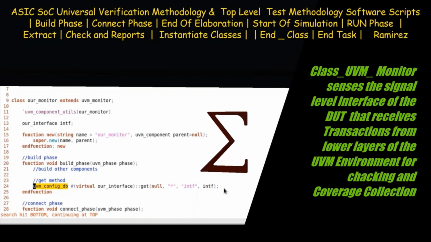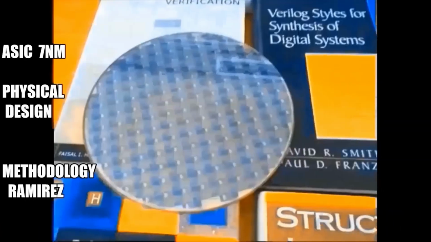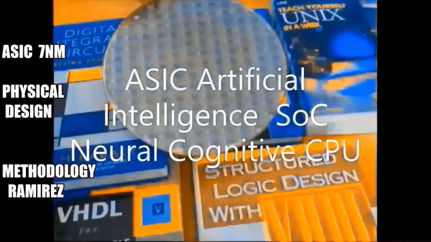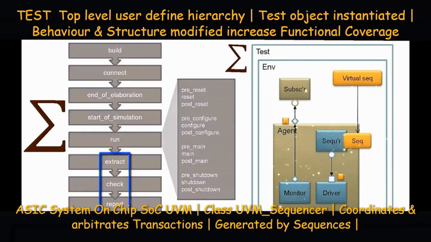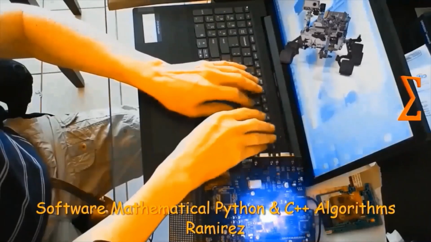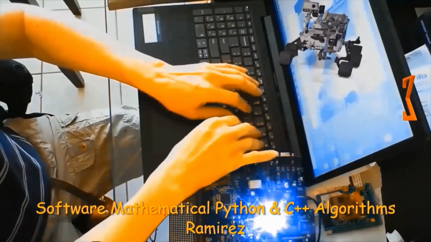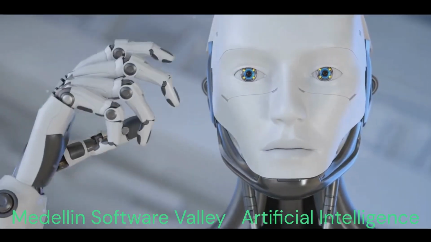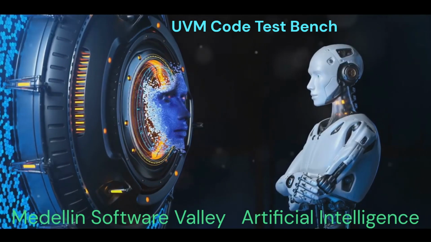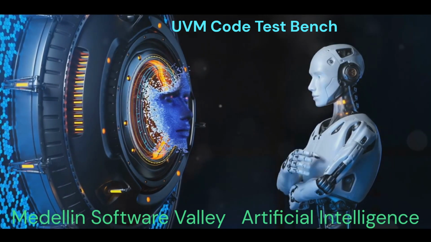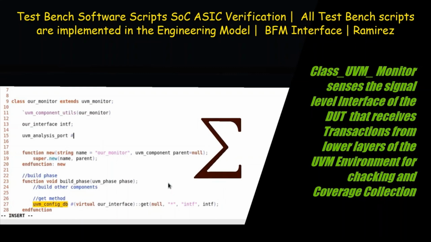The synthesizable test harness contains code to generate the clock and the reset, and the code to instantiate the bus functional models, the BFM, the pin level interface, and the DUT. The untimed test bench instantiates the UVM environment. It is important to note